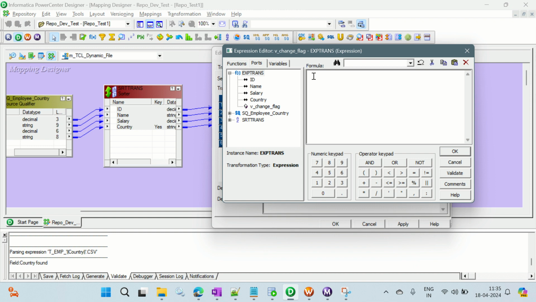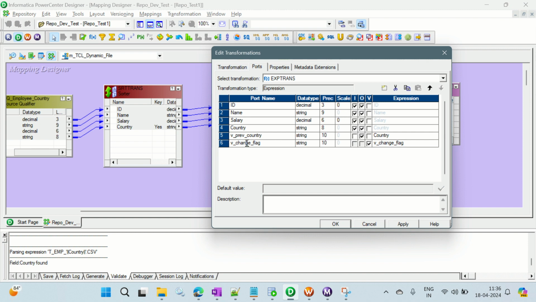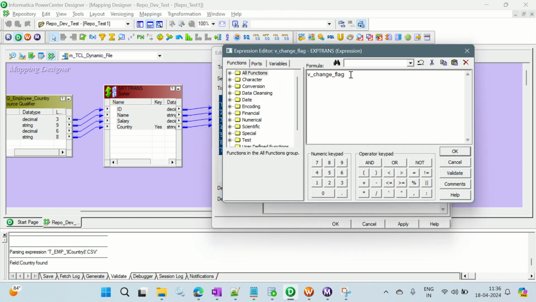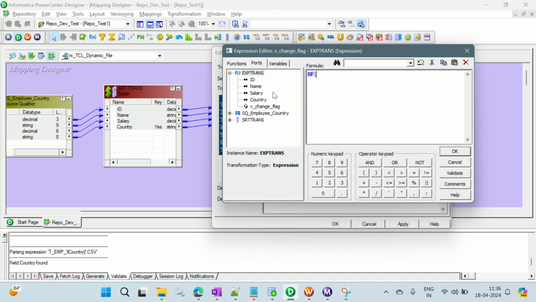How can we do it? IF country not equal to previous country. Okay, let's create an output field for the previous country, which is the output for previous country, which is the variable. Okay. So IF country not equal to previous country, comma 1, comma 0. So here what we are doing, if country not equal to previous country,